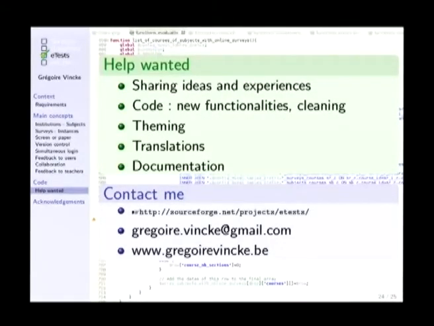So like any other project presented in Lightning Talks, help is wanted. First of all, to share ideas and experience, because actually it's only me, myself, and I in this project, and sometimes I want to share experiences made by other users, on other platforms or the same platform, on using MCQs or not in teaching or in programming. Help is also needed in coding, for cleaning and new functionalities as usual, testing, translation, documentation, everything will be welcome. So you can contact me at